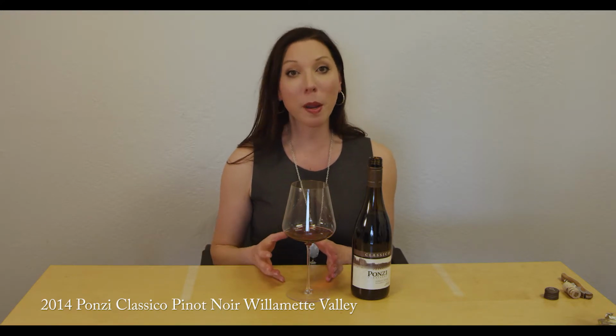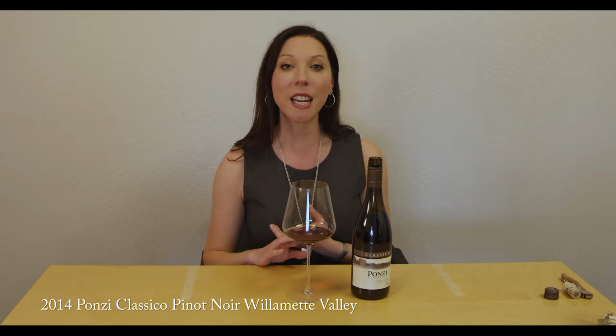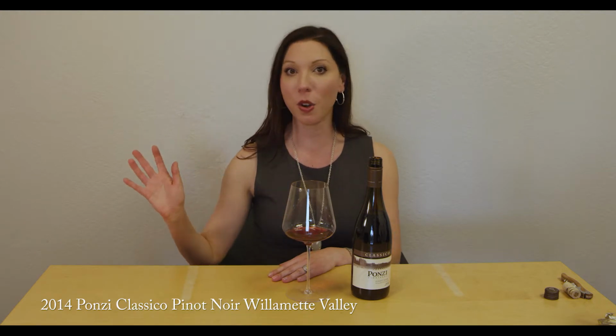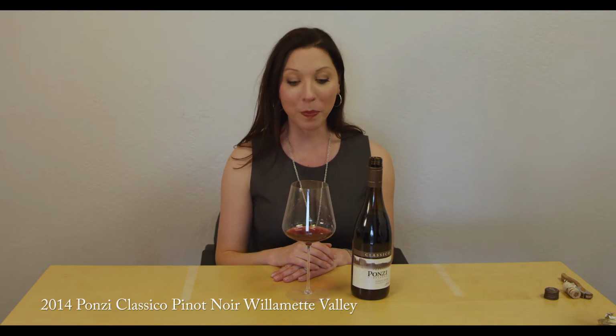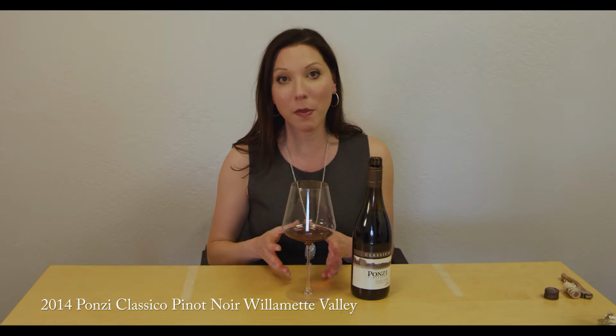So Pinot Noir can pair beautifully with pork chops, with chicken. I really like it paired with, I'm a big salmon person, so I like this, just simple salmon right off the grill, drizzled with some olive oil. It's perfect. So the reason Pinot Noir is sort of the perfect wine for this time of year is Pinot